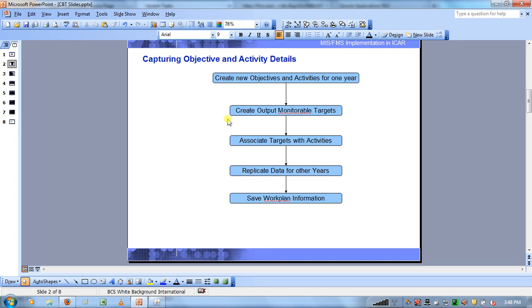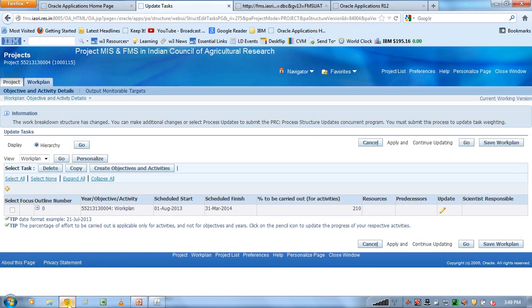The second step now involves creation of output monitorable targets. So this is where we had applied the changes that we had made to the creation of objectives and activities. Now if I click on expand all button,